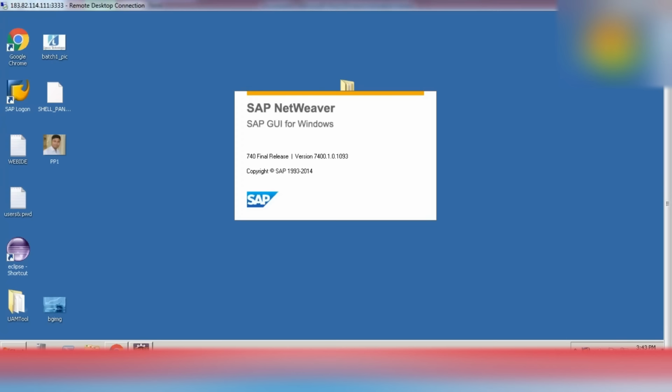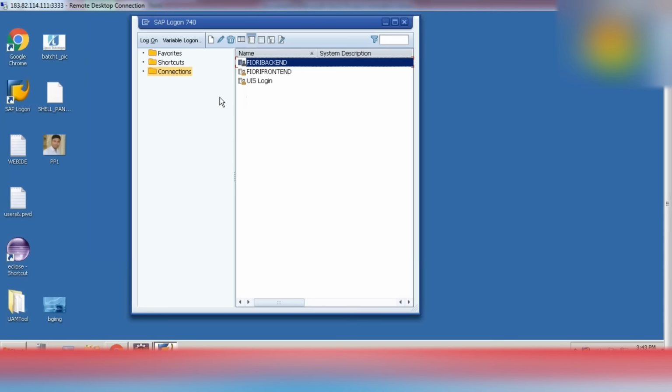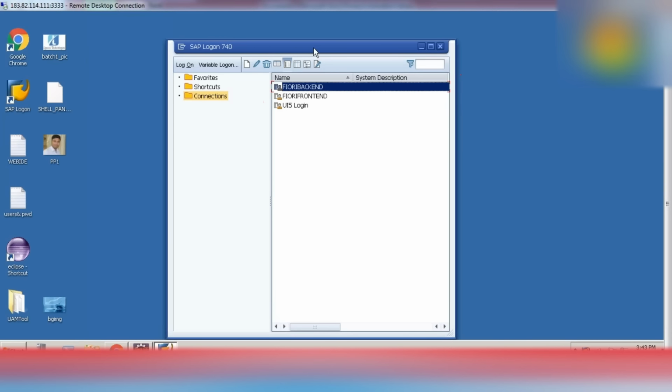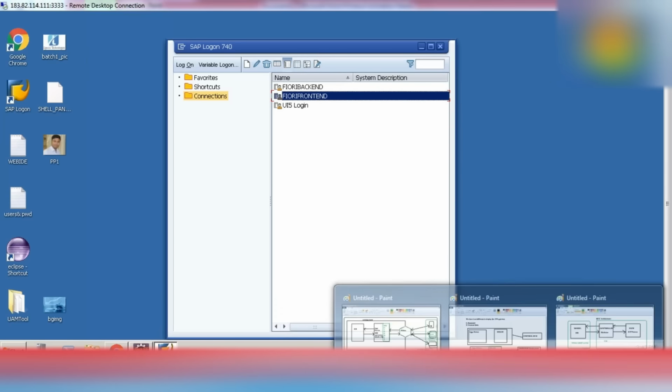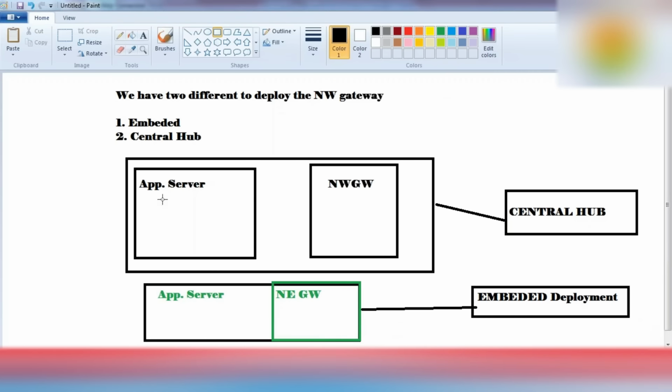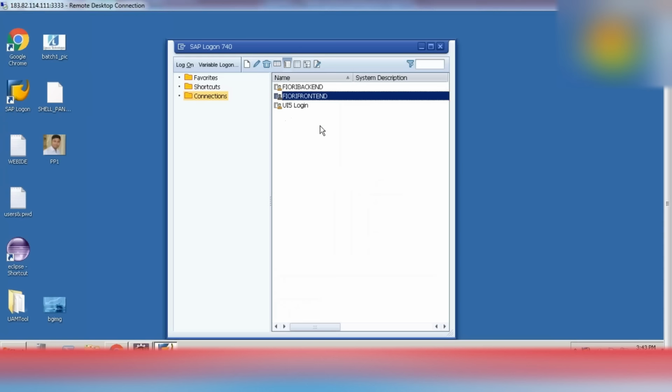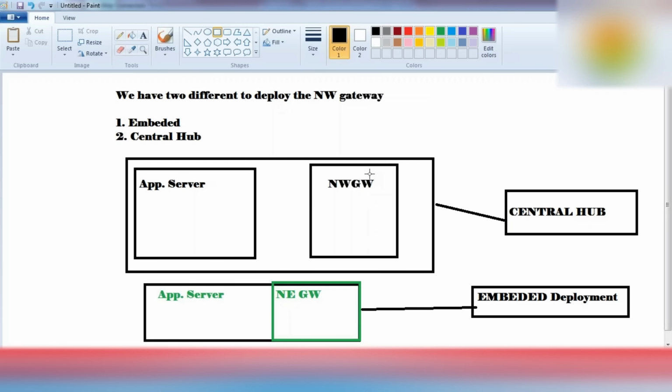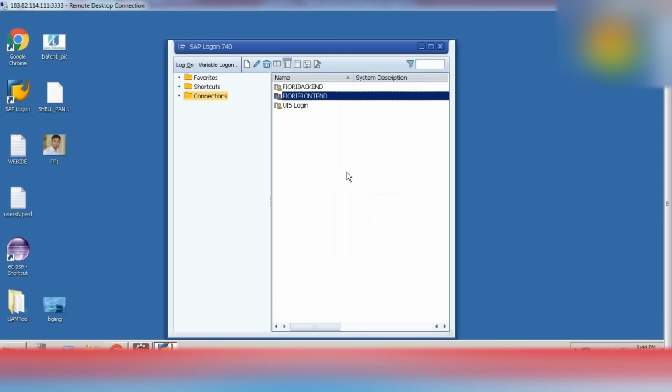Practically, when you go in the system to develop any UI5 application, you will find front end and back end. So why front end and back end? I told you in one of the diagrams, this is central hub deployment. This is your back end, this is your front end. That is why we can see front end and back end here. We will develop our OData ABAP service on the NetWeaver Gateway system. That is our front end.